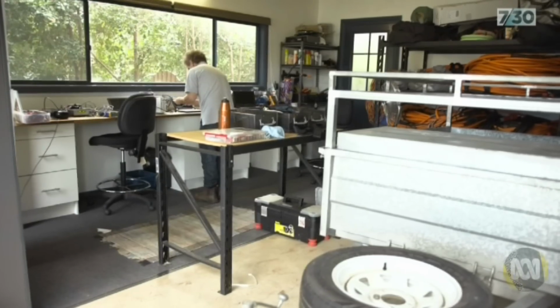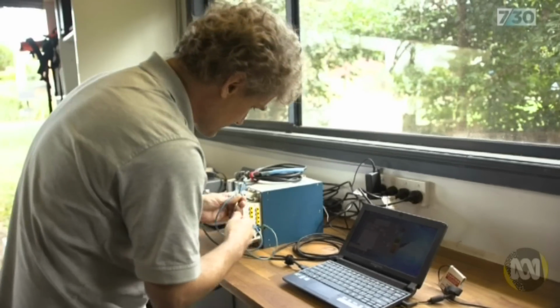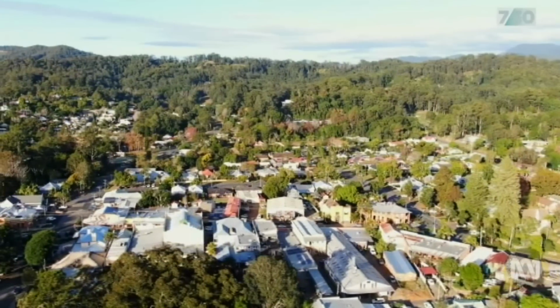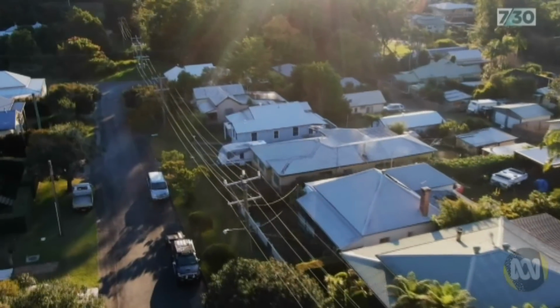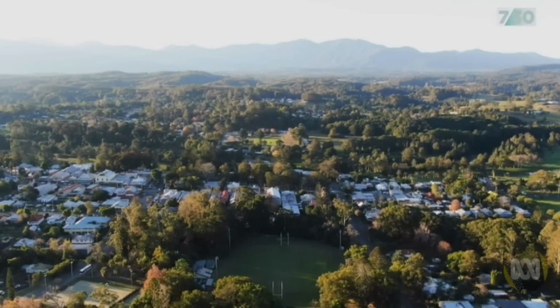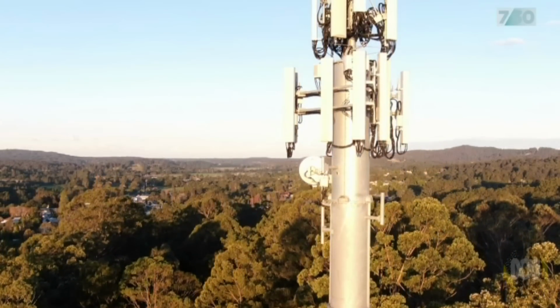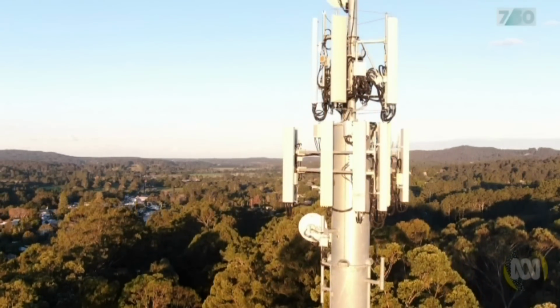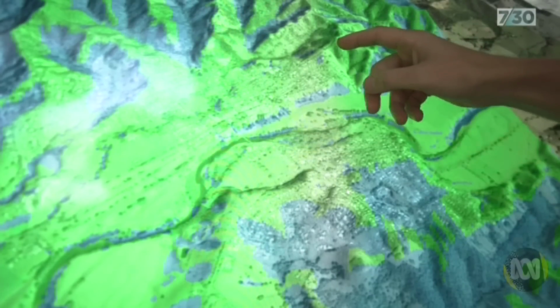Jason never got fibre to his home, or even the next best thing, known as fibre to the curb, which the NBN is using to connect most of Bellingen's houses. Instead, Jason and 600,000 other Australians are expected to get their NBN from towers like this one, via what's called fixed wireless. So this is the NBN tower up here, and on this map...